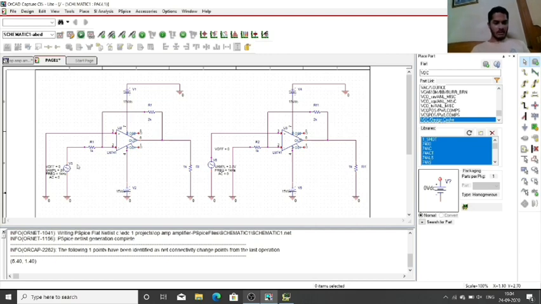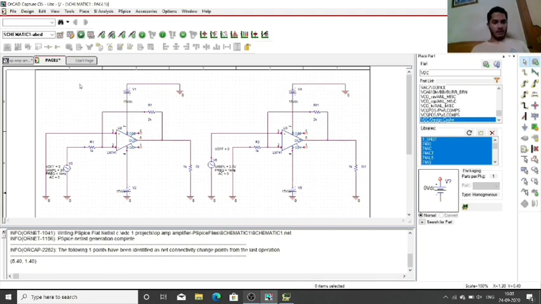I'm applying a sinusoidal signal of 3 volts amplitude, which is 6 volts peak to peak, with a frequency of 1 kilohertz. So the gain of this amplifier is given by the formula RF upon R1, that is 2k upon 1k, which is 2. So the gain of this amplifier is 2.